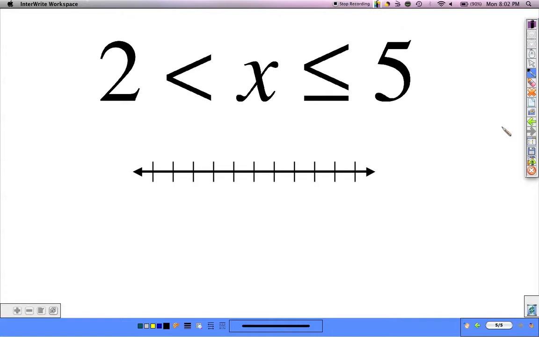All right. So this is, again, a situation where we might have a mix, and our solution won't be going to infinity or coming from negative infinity. So we have the situation 2 is less than x, which is less than or equal to 5, or x is in between 2 and 5, but including 5 in the set. So we'll make a little number line for ourselves. Let's say